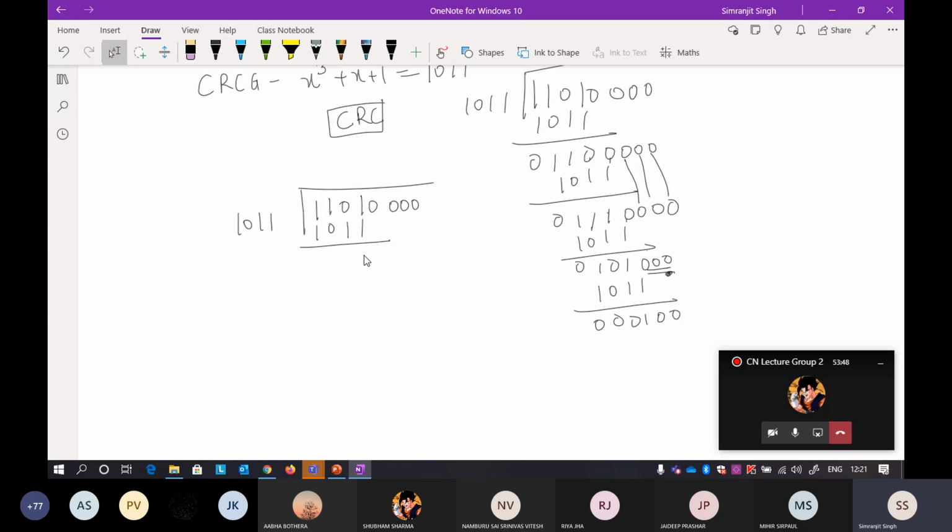Okay, so 0 1, different one, and then again. So this kind of thing always happens. So always try to include all the terms here. So it will be 1011. So it will be 1 1, then 1, and then 0. Then again I'll include 3 zeros here. Okay, so again 1 0 0 1 0 1 1, then 1 0 1, and then 0. So the remaining will be 2 zeros here.